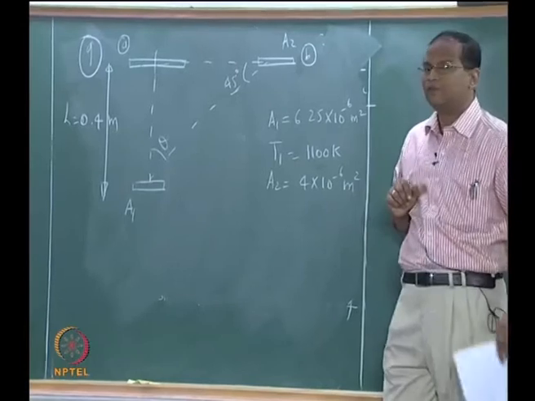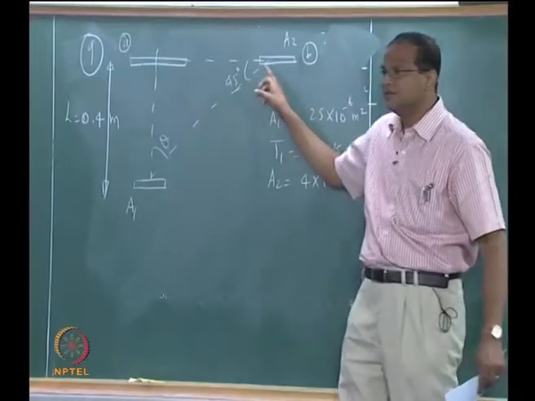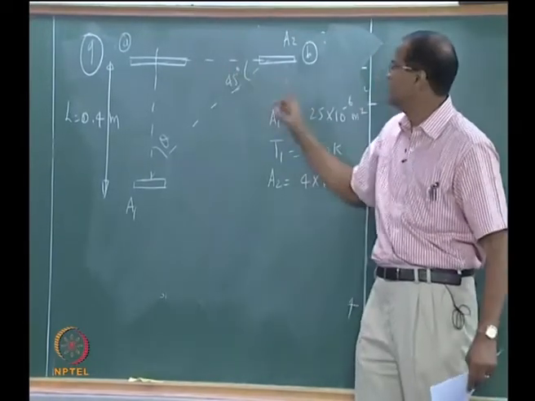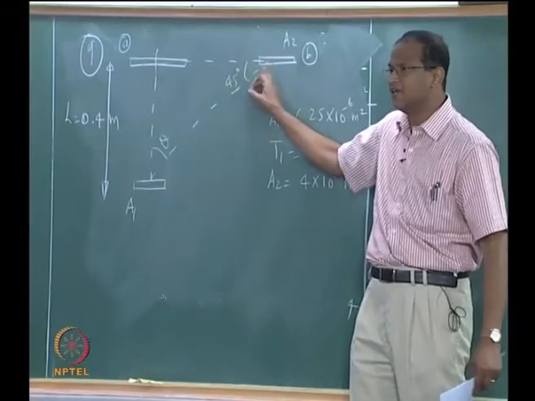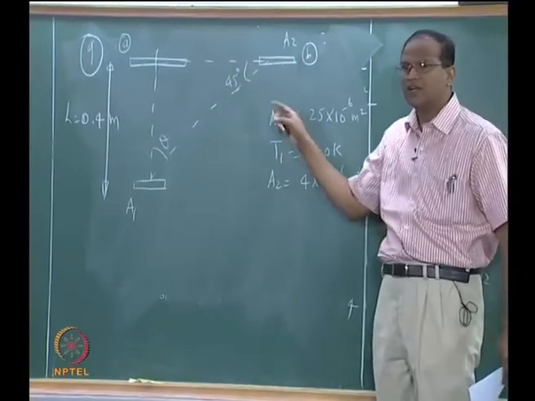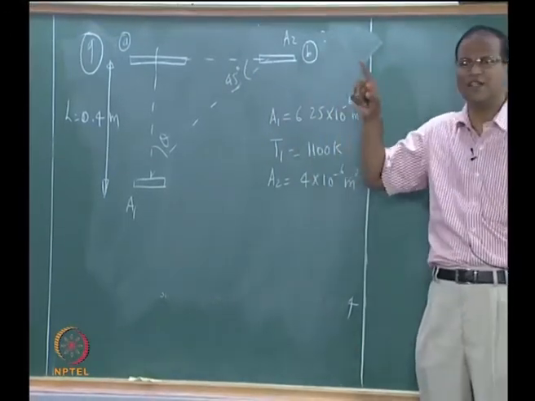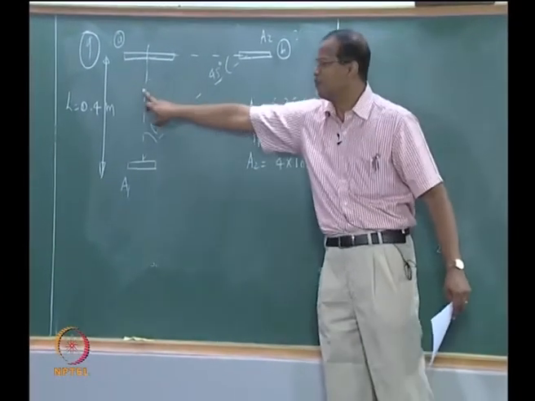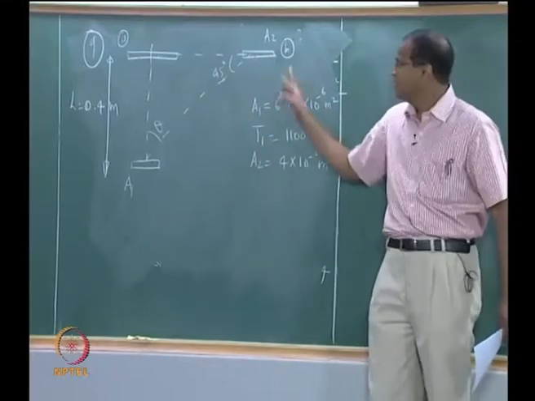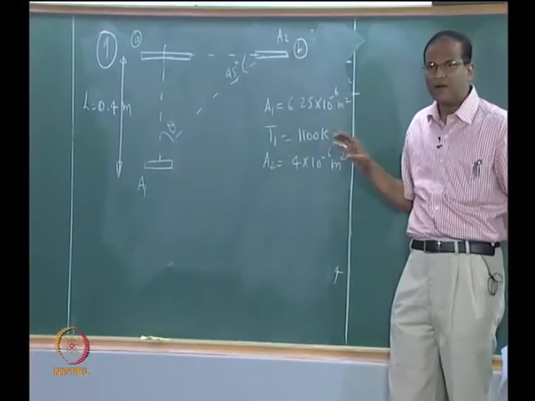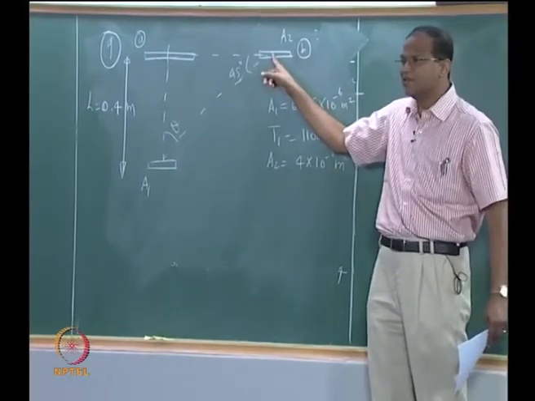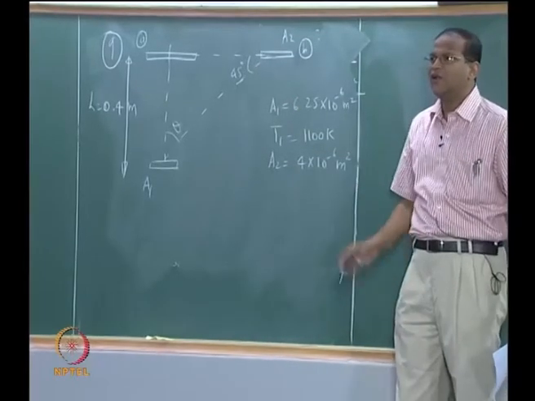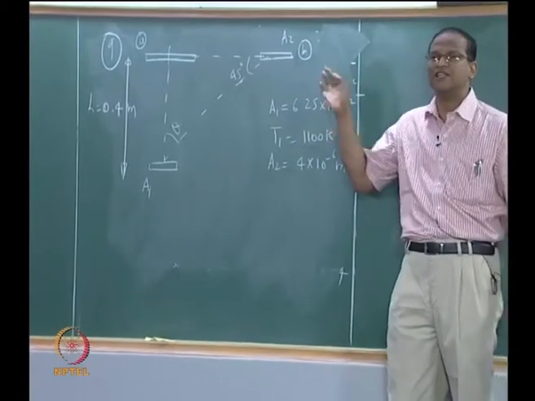Now I move it horizontally to a position B such that this angle is 45. Now the d omega becomes dA2 cos theta by r squared, all that, the r is also changing from before, okay. Suppose I give you the power, then you can also calculate the emissivity at the new position, and you can take a call on whether this is a diffuse surface or not.